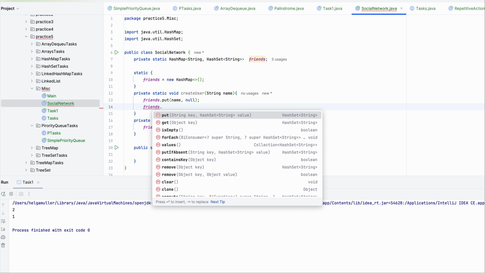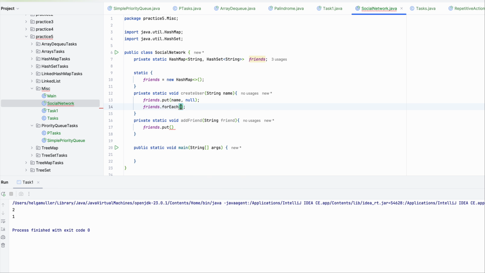Friends for each key value, key plus space plus value,